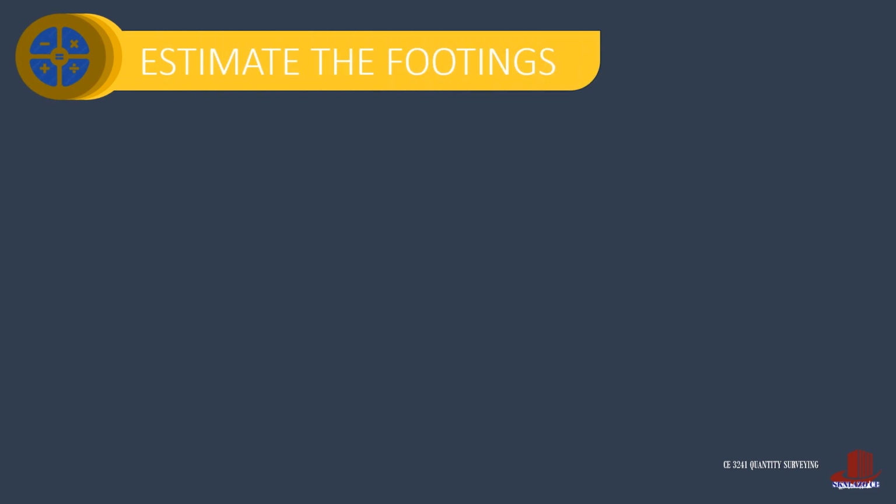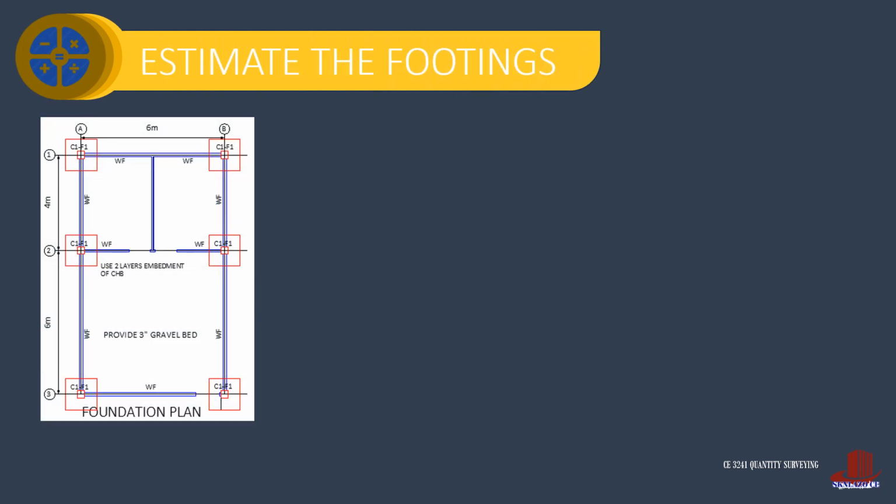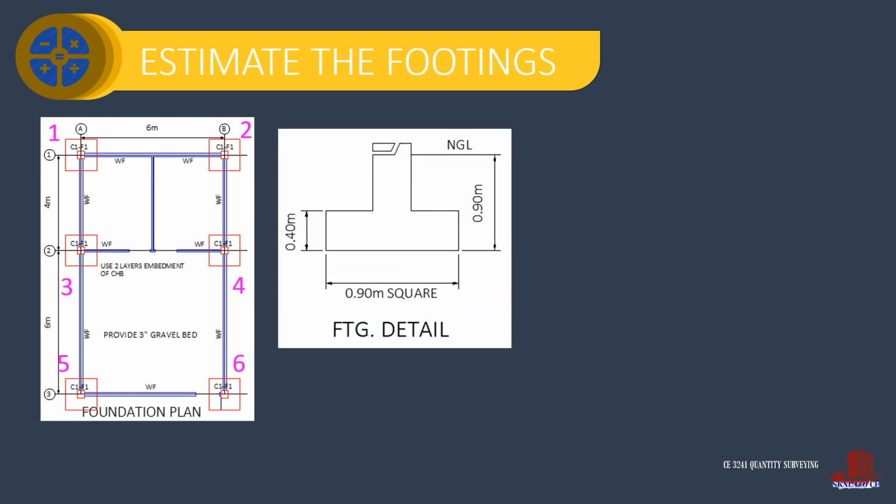Let's start with the footings. Extract out the foundation plan, where we can note that there are 6 footings designated as F1. The footings are typical all throughout the structure. We also need the footing details to know the width of the footing, which is 0.9 meters square, and thickness of 0.4. Now take the volume by multiplying 6 units of 0.9 by 0.9 with 0.4, which results to 1.944